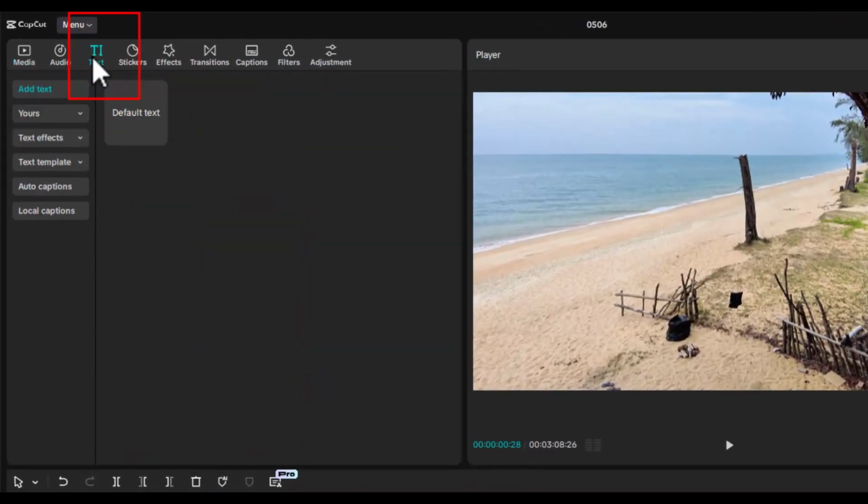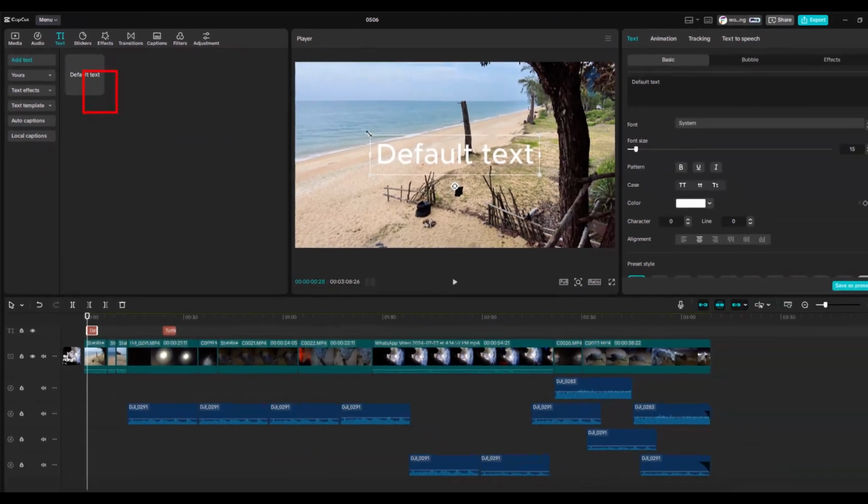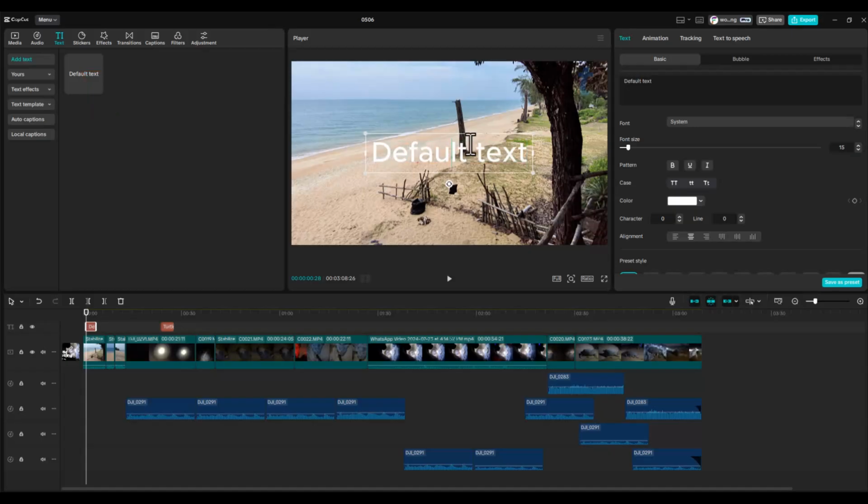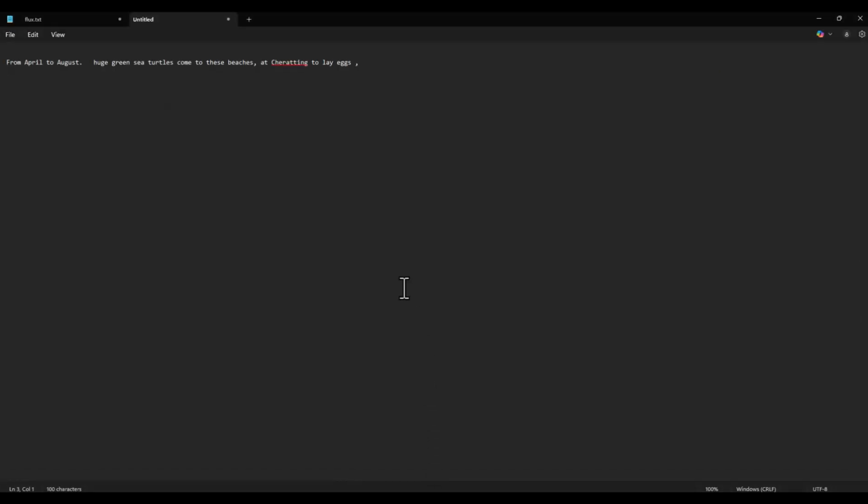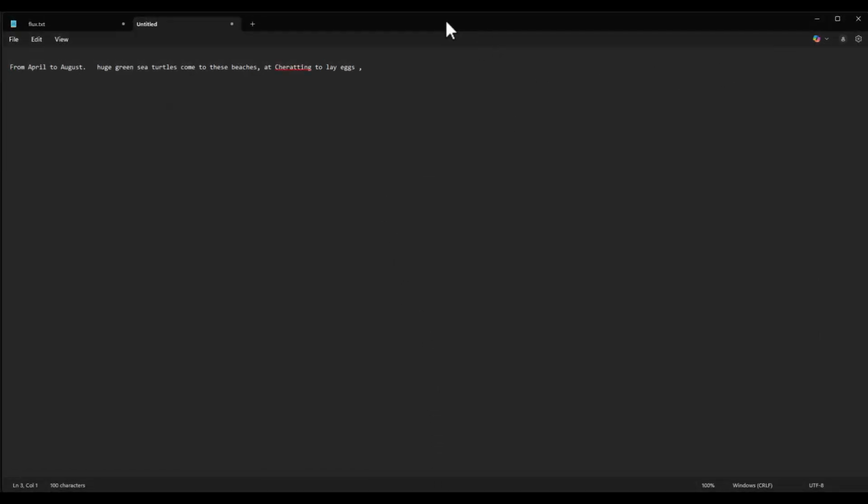First, select the text icon on CapCut. Next, click on the little plus icon. Once you have done that, you will get a default text. You can enter the text you want to convert to speech here, or I would be doing it on a